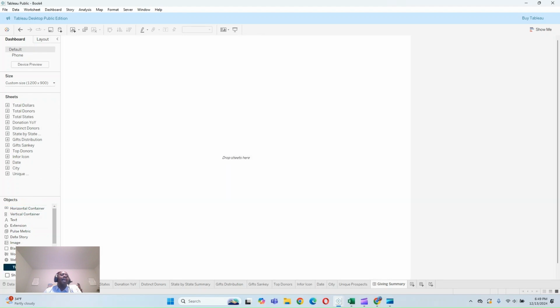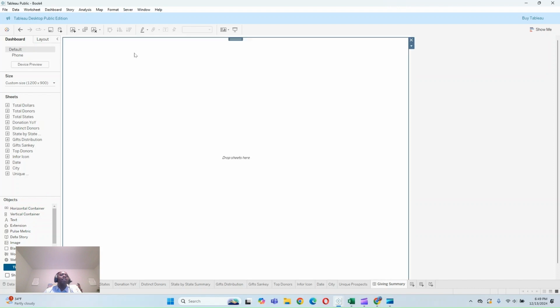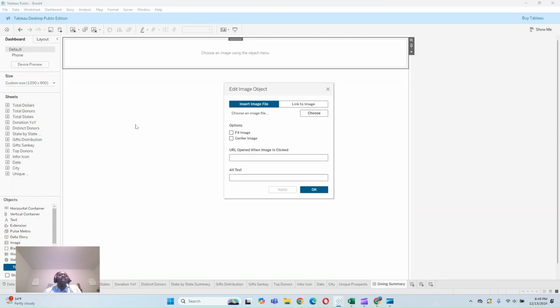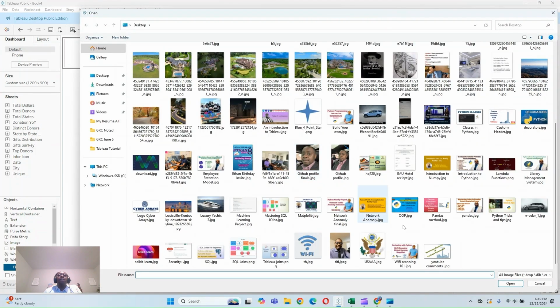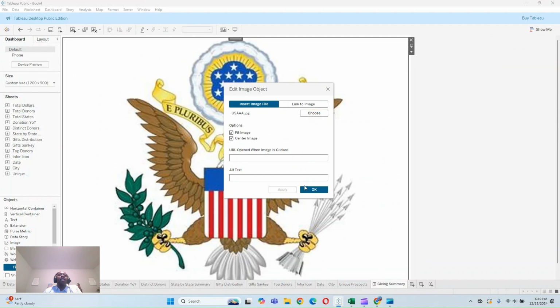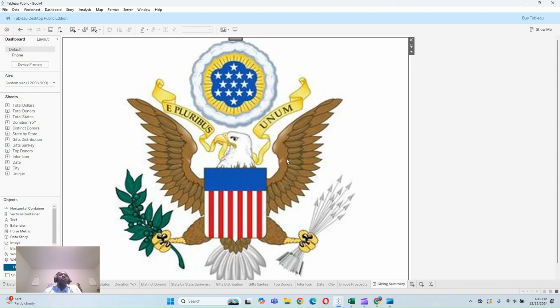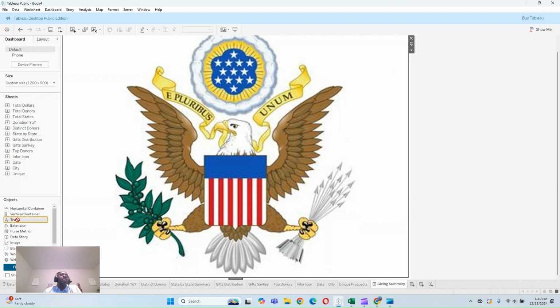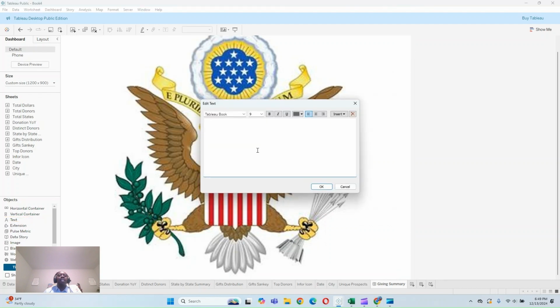Perfect. And now I want to drag this horizontal container. Tiled is checked, so I'm going to drag the horizontal container, drop it right here. And I'm going to drag an image, drop it right here. And I'm going to choose an image, and I'm going to find an image in my library and fit the image, apply, and okay. So I have that image, and I'm going to drag text, drag it to the right, then United States of America,